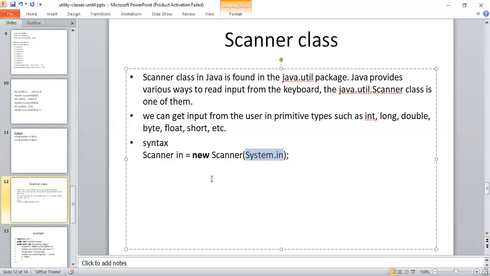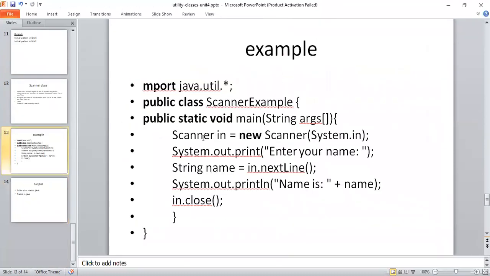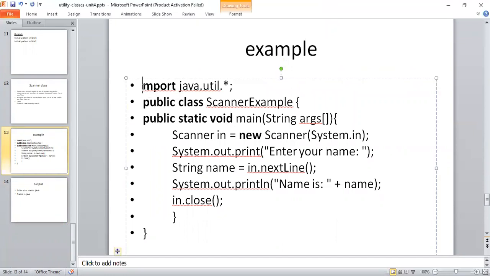Now how to implement this scanner class, I'll explain with one example Java program. Import java.util, because the scanner class is available in the util package. You can directly write java.util.* or else java.util.Scanner, your wish. Then public class ScannerExample, here my class name I have taken as ScannerExample.